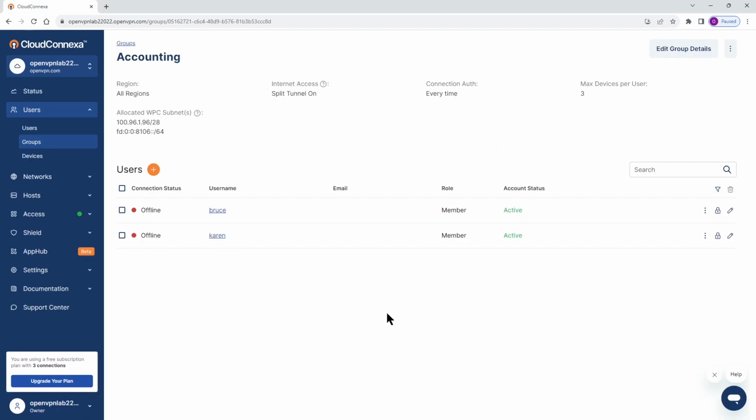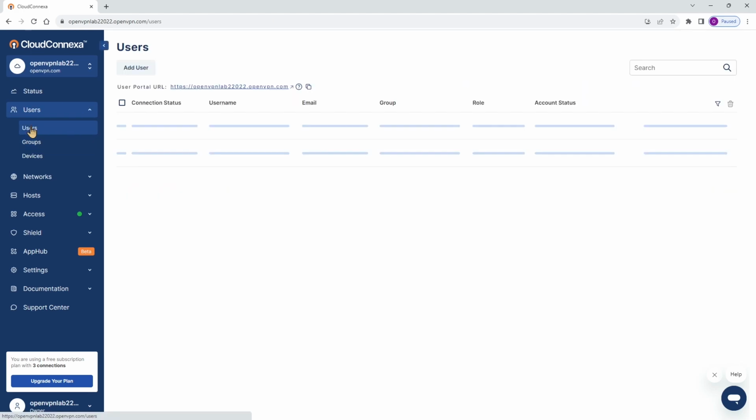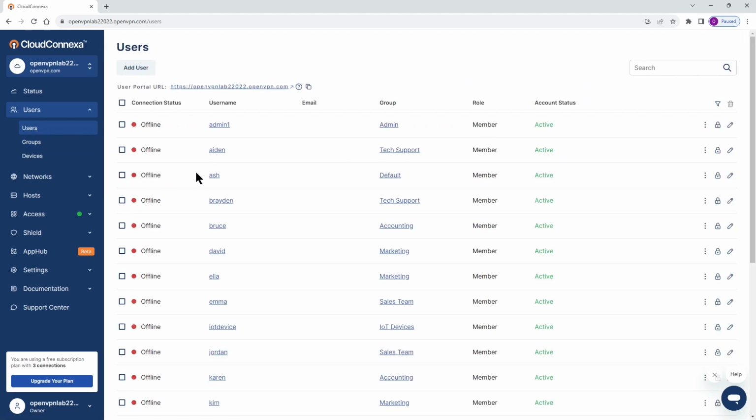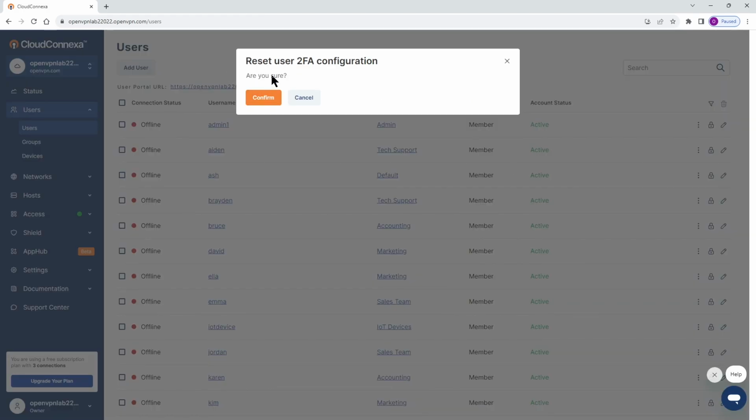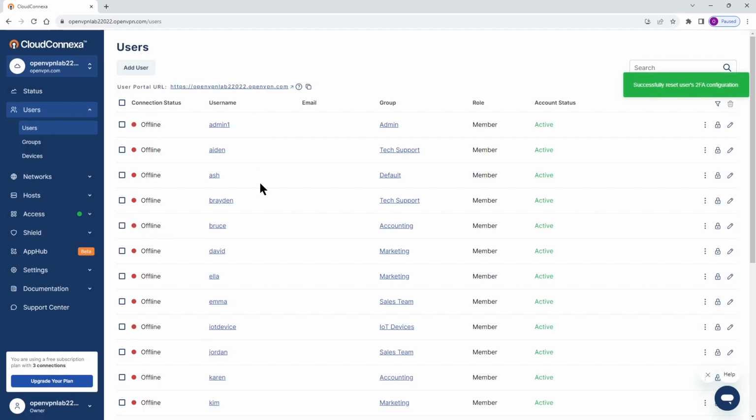Now, if we need to reset two-factor authentication for a user, we can just go to that user's properties. Here we go, for example, let's choose Bruce again. If I want to reset the two-factor authentication for Bruce, I just click on these three dots next to the account and choose reset two-factor authentication. It's going to ask for confirmation. I'm going to confirm it. And now Bruce, if he tries to log in, is going to get presented again with the QR code